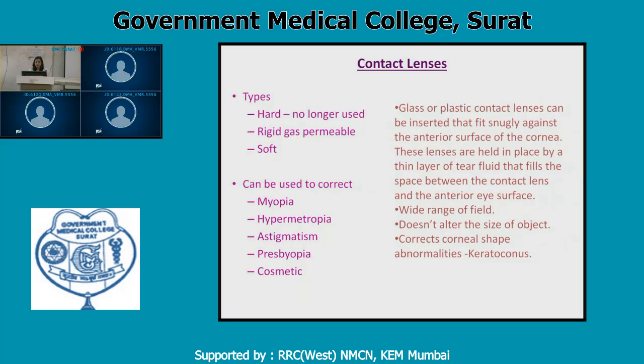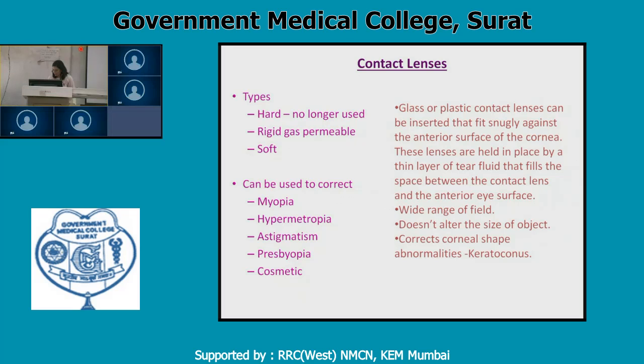So keratoconus is a condition in which glasses do not help. The person is asked to wear the lens so that the refraction by the cornea is minimized, and now the correction we are getting is only through this contact lens. So these are the advantages and disadvantages of using contact lens.